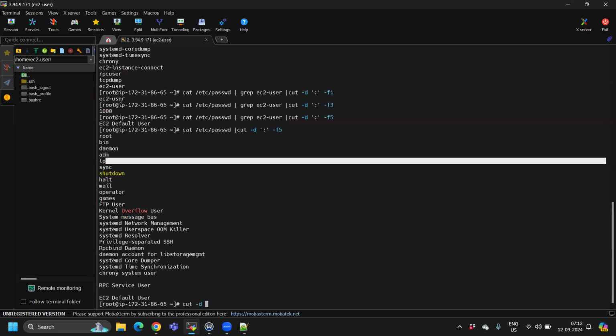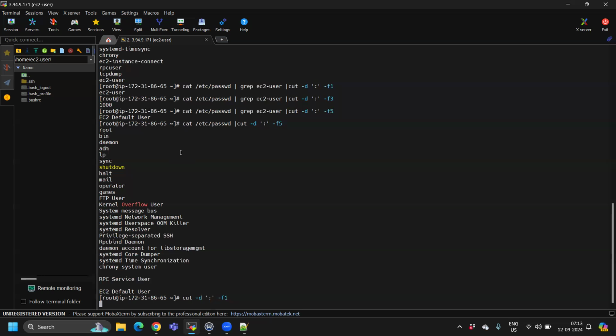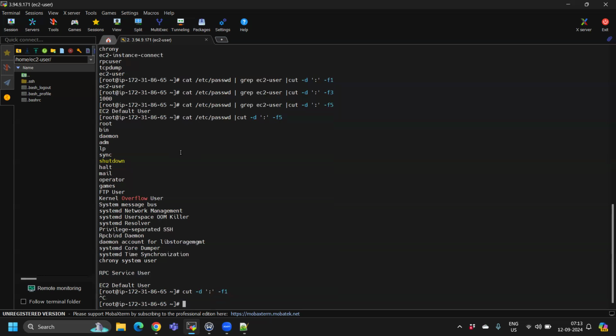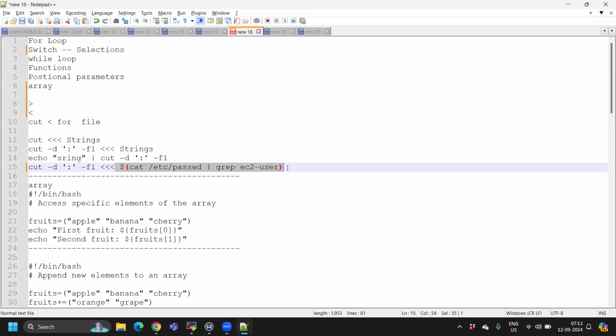I want to use a delimiter, colon delimiter, and I want to get the fields. If I give something, it doesn't take anything, the screen shows nothing. It's not doing anything, so I cut the operation. If we use this command, I'm giving input to the file. So if I give this